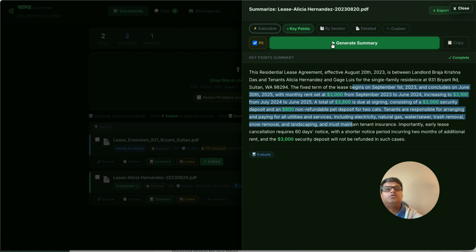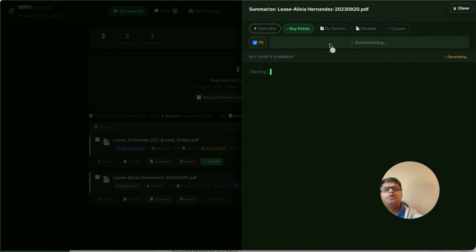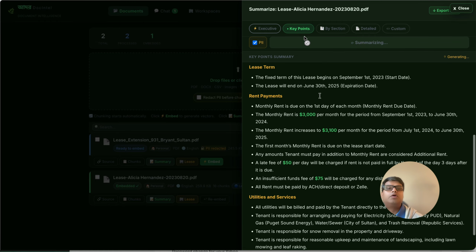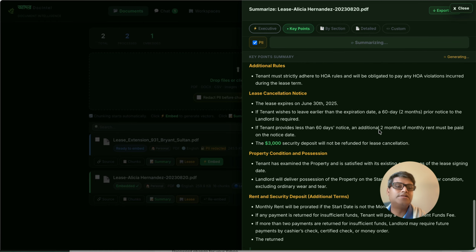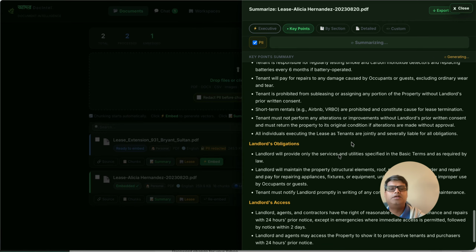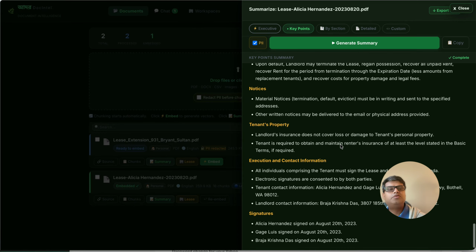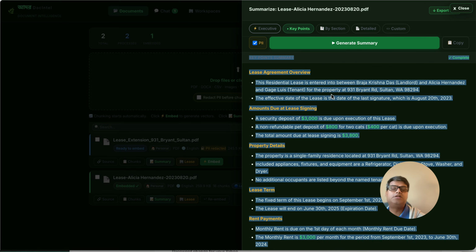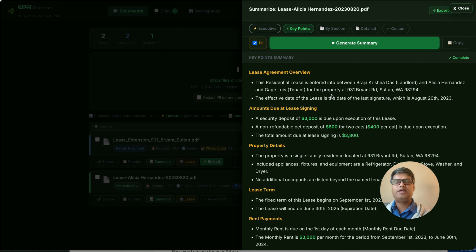Now you see that I showed you the lease document, and there are a lot of different points, right? When I click by the key points, it's summarized by paragraphs and tries to find out what the different key points being discussed are, and it makes a summary accordingly, right? So based on the summary, you will find some of the key points. What we targeted as part of our agentic AI workflow is to find these kinds of key points, right? And basically we automated it as part of our workflow, so the information can be extracted in